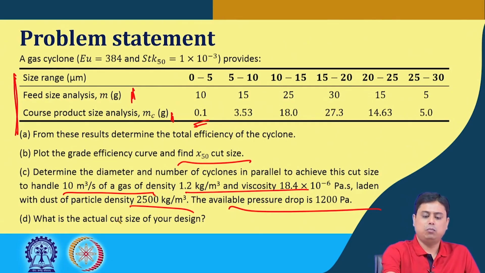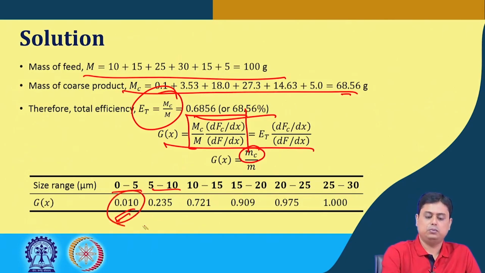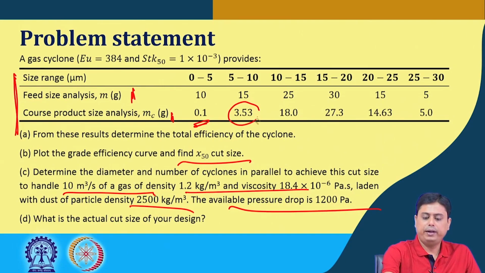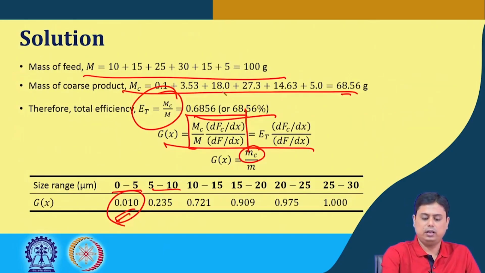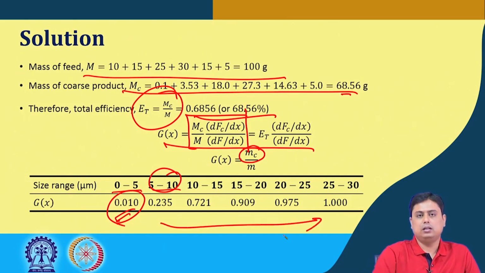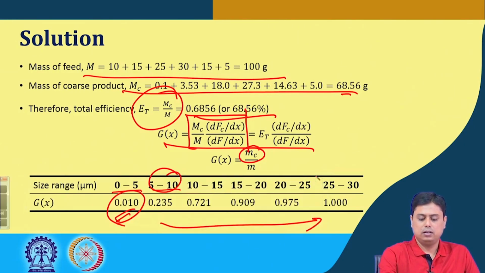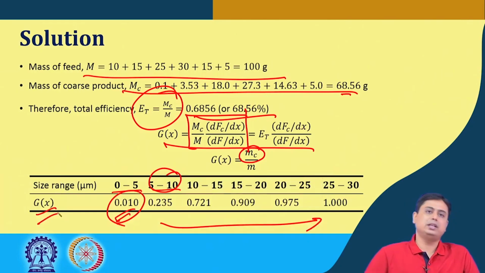So, this is 0.1 divided by 10, the first value. The second value is 3.53 divided by 15, the grade efficiency in this range. Similarly, the rest of the table can be completed. Once we complete, that means we have the size range versus grade efficiency data,